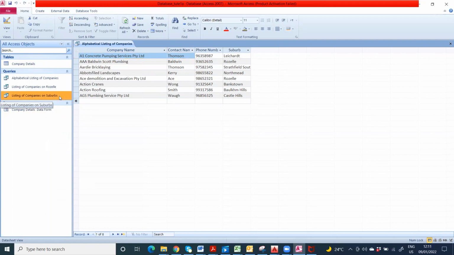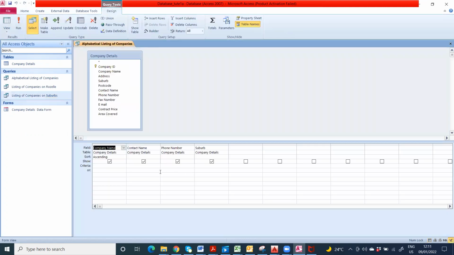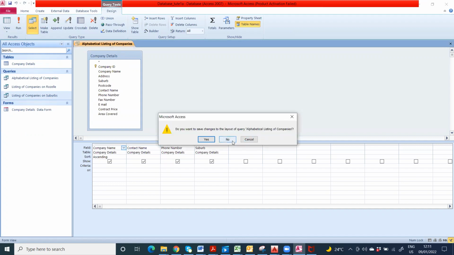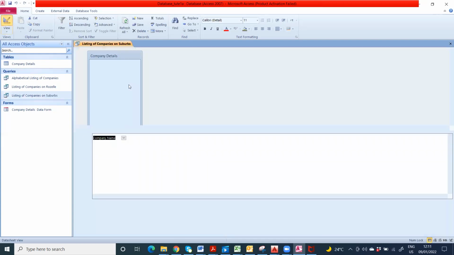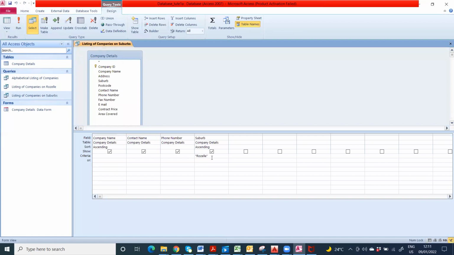Actually, this is what we used to see all the companies from Roselle, but I want to change the design or the structure of this query so that I can request Access to show me companies from any suburb that I want. Now go to the design view, and this is what I want. Do this one. Instead of writing Roselle,